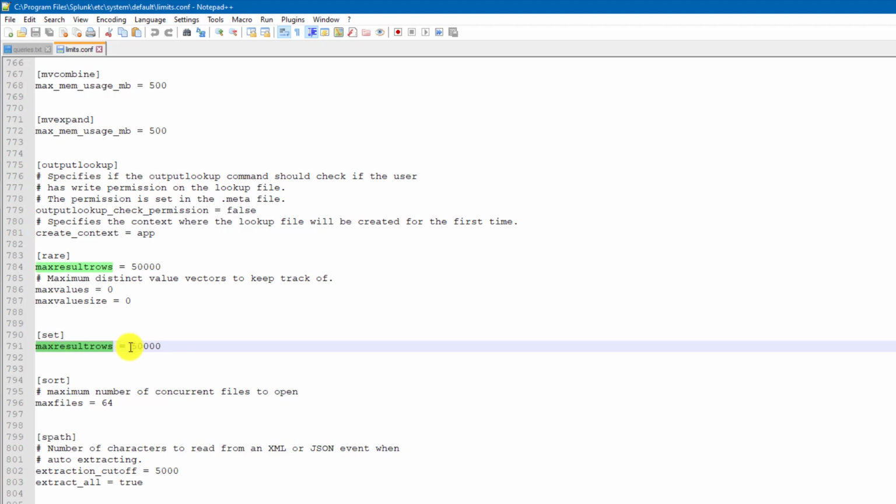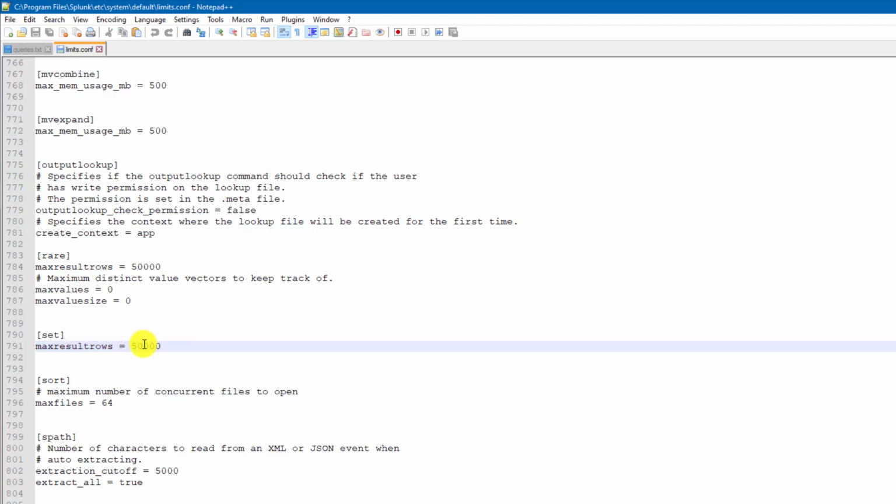That means it will work on a maximum of 50,000 rows returned from the subsearch. But my subsearch default value is 10,000, so that will automatically handle this limit as well. But if you are increasing it, you need to keep in mind that there is another limitation for the set command in max_result_rows, which is 50,000. So that is also something you need to keep in mind.